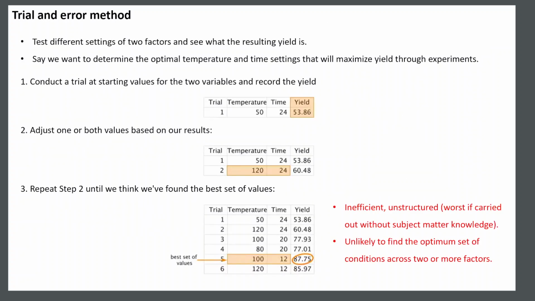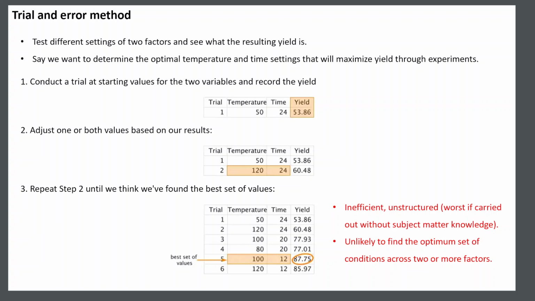Before that, why is design of experiment required? Before design of experiment, what were people doing? That is what we are going to see. Before design of experiment, what people generally did was a trial and error method. They would try different parameters and see how the factors respond to the given input. For example, say we want to determine the optimal temperature and time setting that will maximize the yield